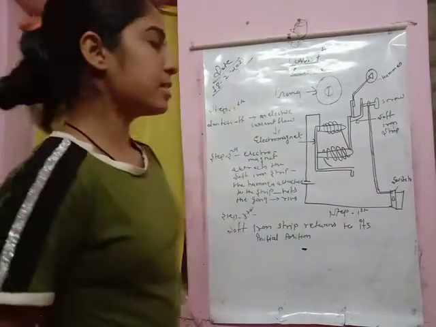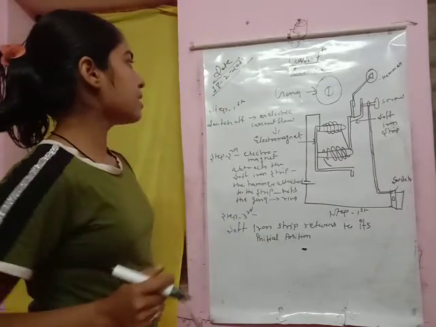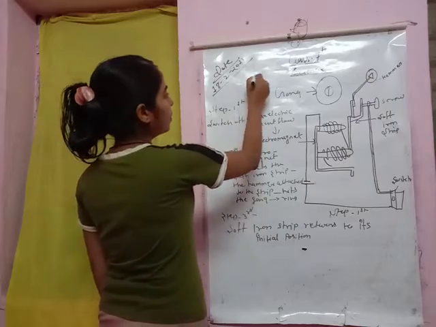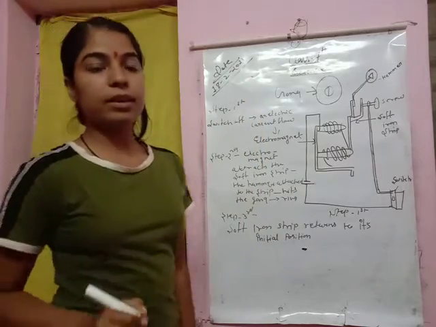As you know, I'm your science teacher and here I'm going to take a class for class 7th. Students in class 7th, as you know, your last chapter is going on. And what is the name of the last chapter? The name of the last chapter is electric current and its effects.